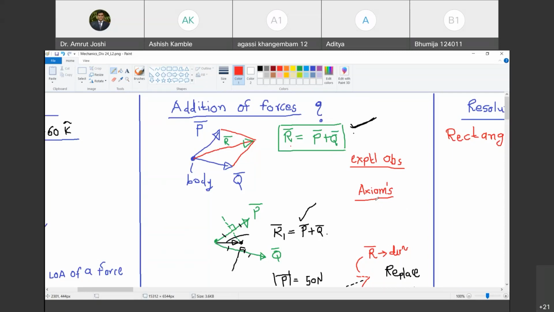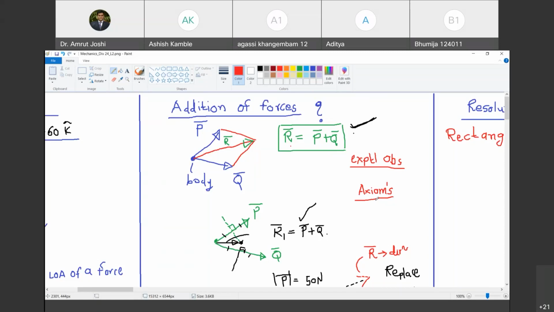So therefore, as it doesn't have any mathematical or analytical proof, we are going to call that law also an axiom. Are you with me? Yes, sir. What are the other axioms of mechanics? All of Newton's three laws are axioms. Every body continues to remain in its state of rest or of uniform motion unless it is acted upon by an external agency called force. Who says that? Experimental observations. Are you with me? Yes, sir. So therefore, this law is an axiom.